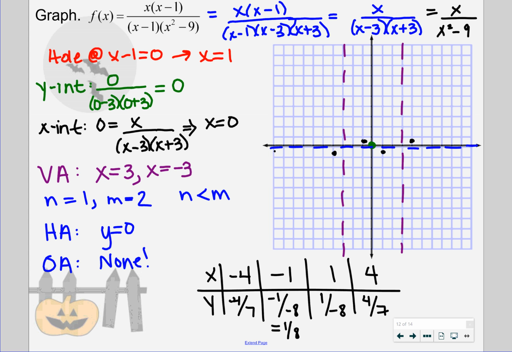So it's going to be down here. Don't touch those asymptotes. Okay? And then on the far right, same thing. That point above the axis is enough to tell me that that branch is going to be contained